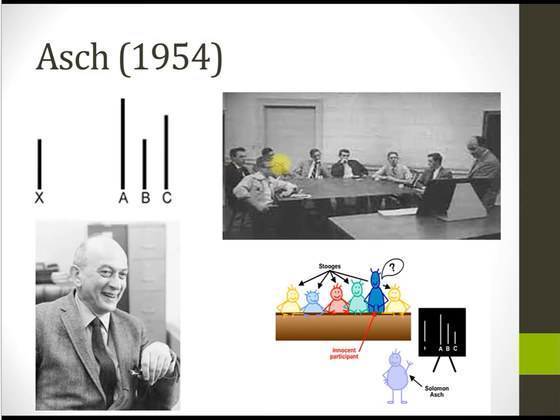Unbeknownst to this poor chap, the naive participant, everyone who's involved in the critical trial, in this case, every one of these confederates have already been instructed by the experimenter to give a deliberately and obviously wrong answer. So they go around the table and they say, okay, which line is this one the same length as? And this chap here says A. And the participant raises an eyebrow. This guy says A. Now he's got two eyebrows. This fella says A. Now his eyebrows are trying to escape his face, and they go around, and by the time they get to this real participant,